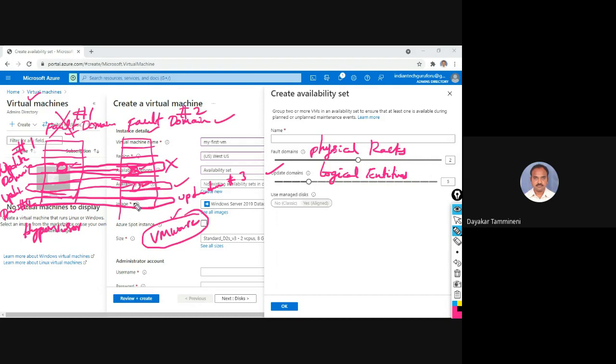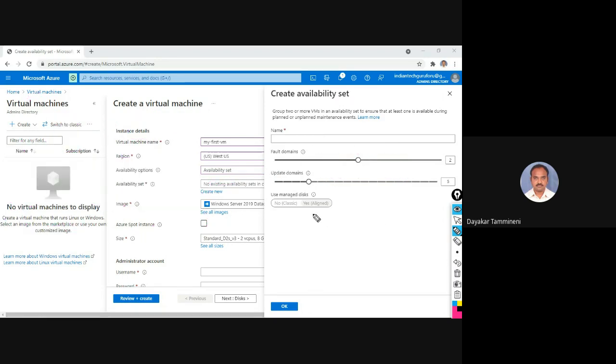So finally, what is the conclusion? The conclusion is, whatever servers or virtual machines you are going to create, spread these virtual machines across more than one update domain. Across more than one update domain. Okay. So then it is called an availability set. Availability set. Okay. So if you define the availability set, then the Azure portal is going to distribute your virtual machines among several fault domains and several update domains.